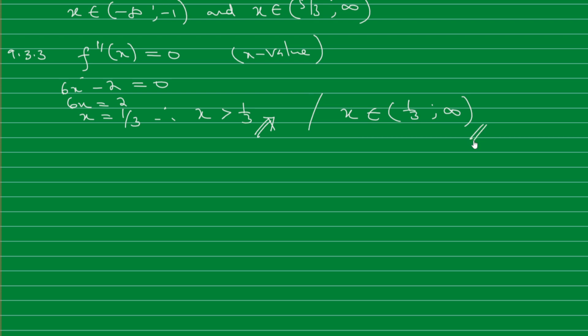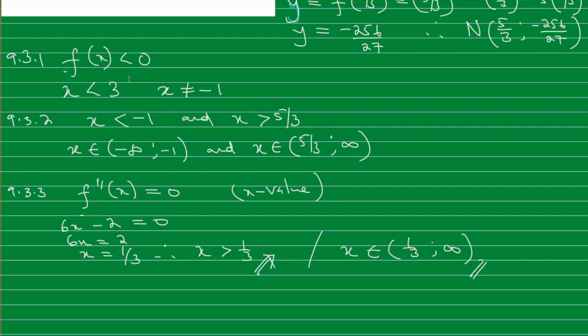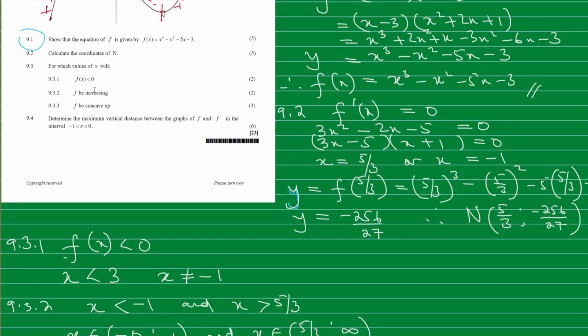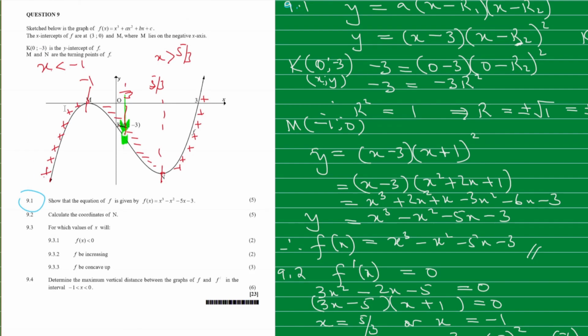That's where the concavity changes. All right. And then the last part of the question is to determine the maximum vertical distance between the graphs of f and the derivative of f in the interval from -1 and x. So meaning that if we were to